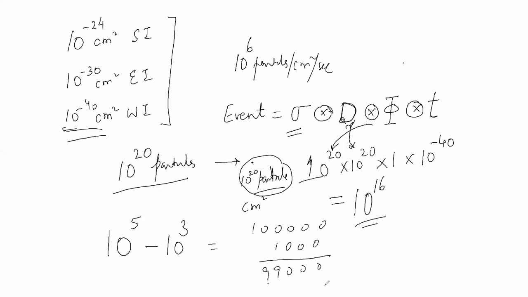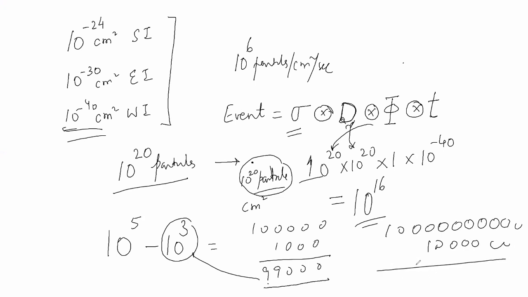Yes, now you tell me, when 1000 particles are getting scattered, how many are not getting scattered? 99,000. 99,000 are not scattering, so which is the bigger number, my brother? 99,000, sir. Right? So see here, it will be clear that although it seems that, if you put so many zeros, this will still be a very big number, which will be the unscattered particles. Are you getting me?